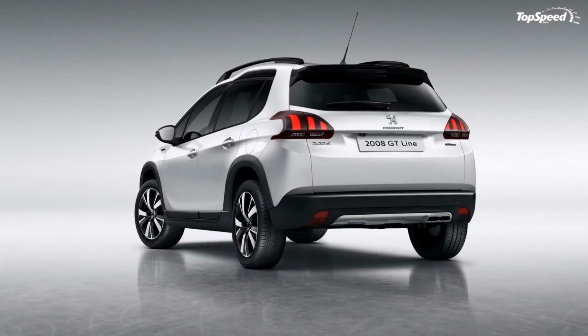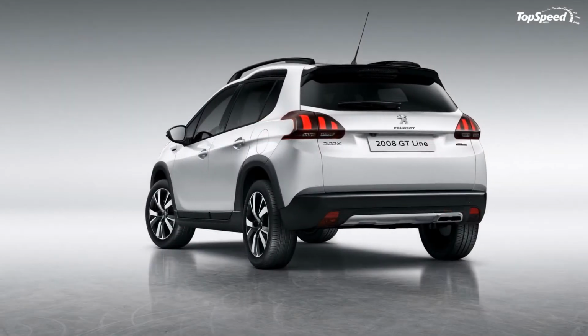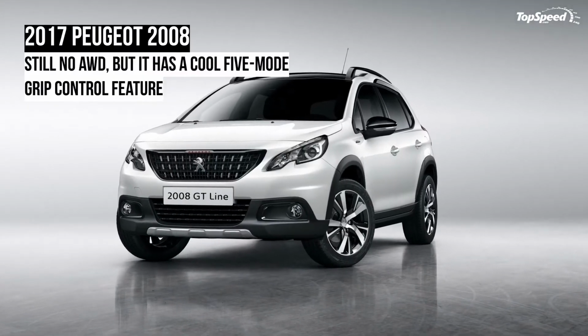Prices. Peugeot has yet to announce pricing for the new 2008, but it should be significantly more expensive than the model it replaces. The current version retails from